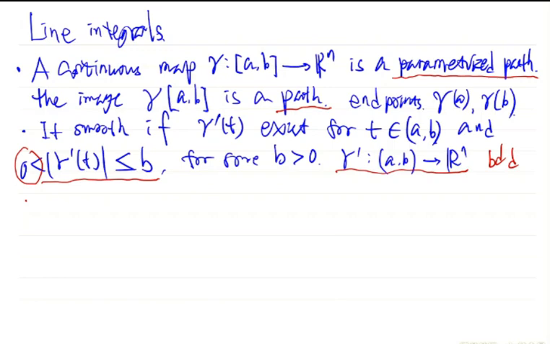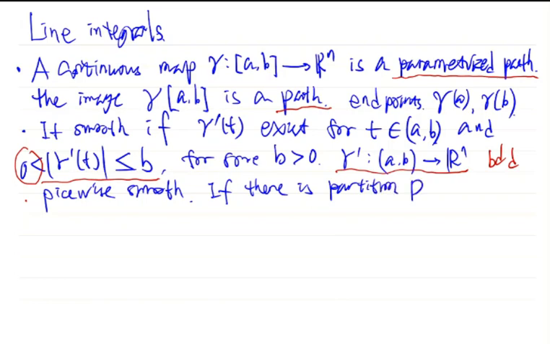Another case is piecewise smooth. So if there is a partition of the interval AB, a partition of the interval AB is precisely a finite subset of the interval containing the endpoints. Usually we denote it by t_i, i from 0 to m, a partition of AB,